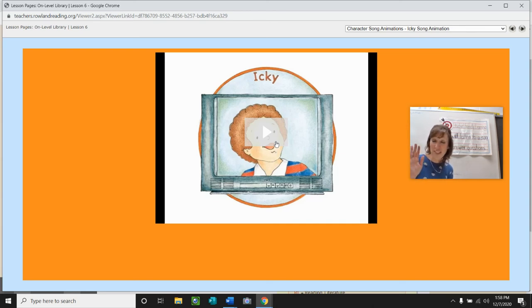Do you have a favorite stuffy that you like to sleep with, or a favorite blanket, or a favorite pillow? You know what? I have a favorite pillow that I sleep with, and even as a grown-up, I take my pillow with me when we go on vacation because I just like the way my head feels on that pillow. Some other pillows are too hard or they're too soft, so sometimes grown-ups pack those same things.